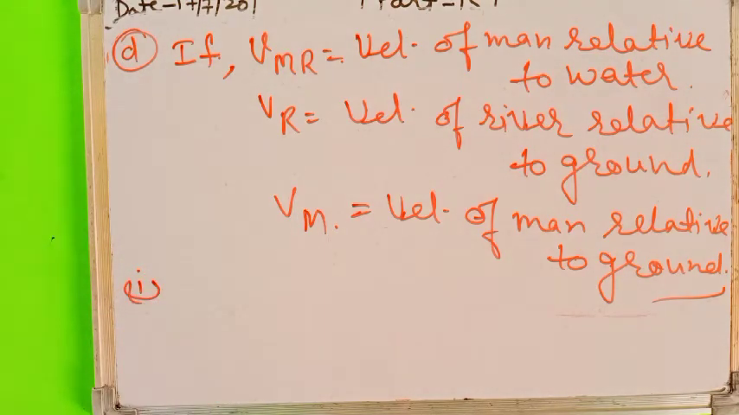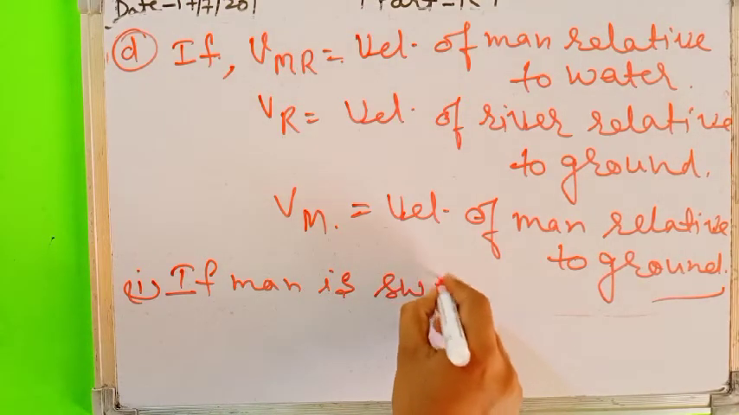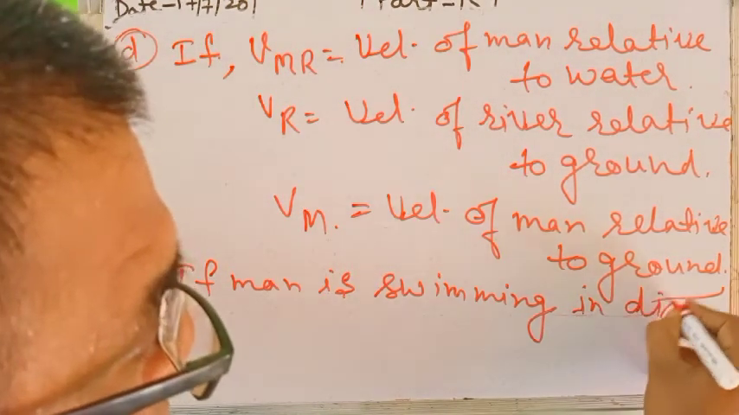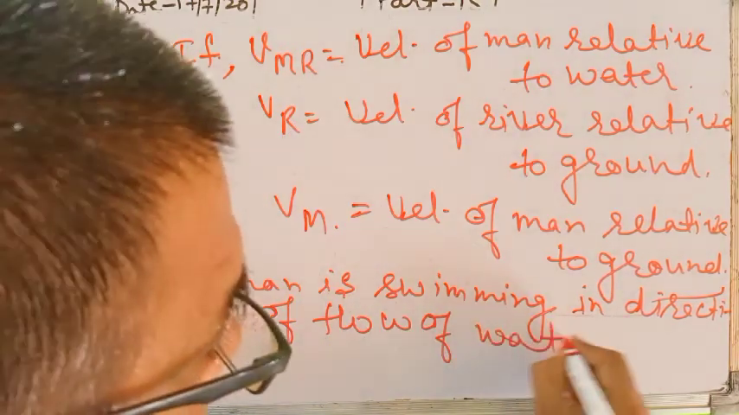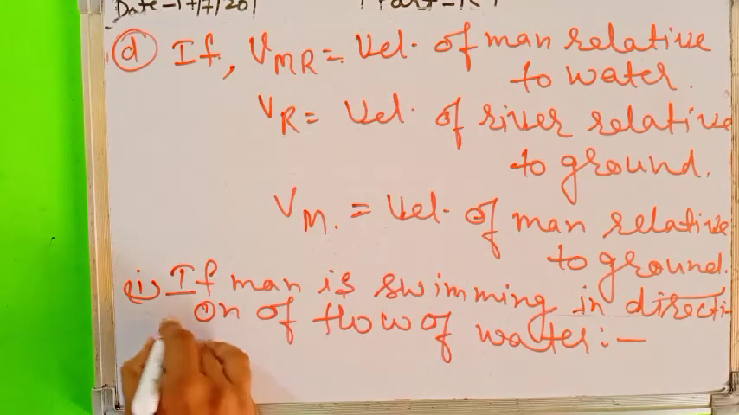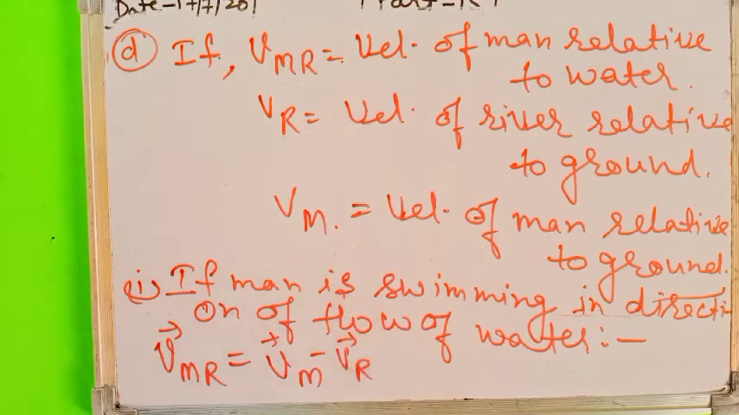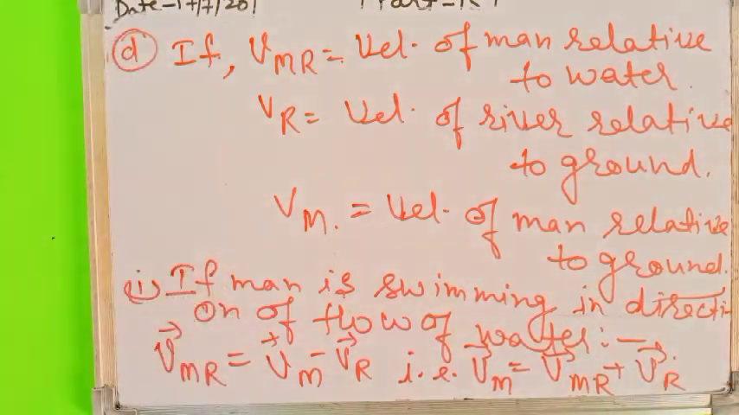So, first, if a man is swimming in the direction of flow of water, then the velocity of man with respect to river can be given as Vm minus Vr, or Vm, the velocity of man with respect to ground, can be given as Vmr plus Vr. And if the man is swimming